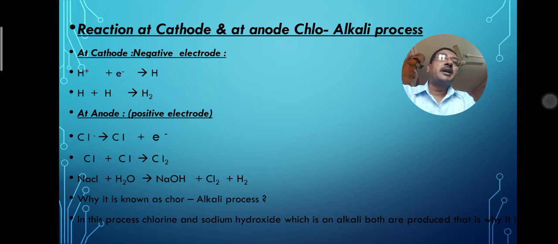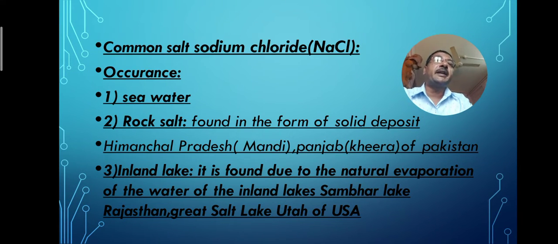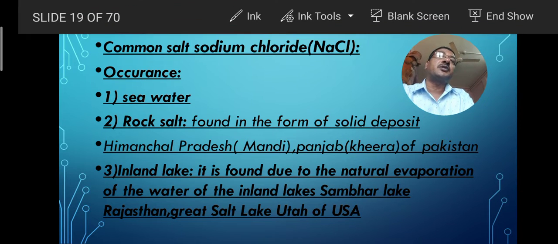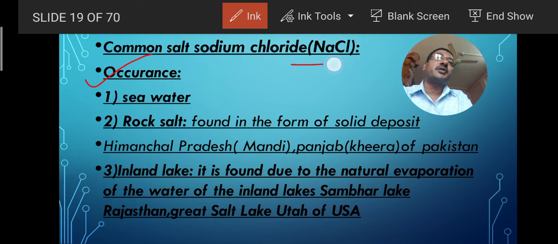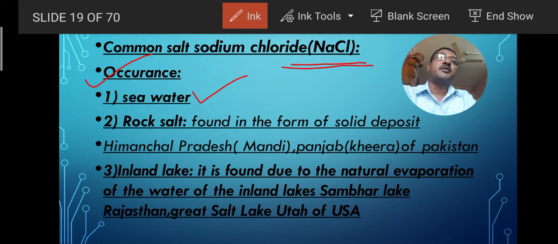Now come to another thing, the raw material which is used for the manufacturing of sodium hydroxide. How can we get it, where can we obtain it? Let me tell you the occurrence of sodium chloride. It is obtained from seawater, because seawater is a large source of sodium chloride, the common salt, and other salts are also found. So we can get it by the evaporation of seawater in large lagoons, which are made near the seashore in the coastal region.